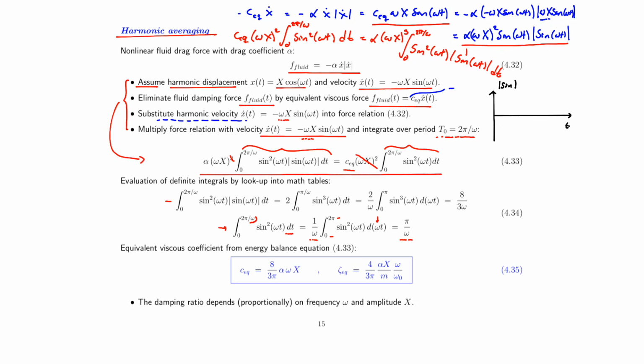But let's just try to plot, as indicated here, a sine function. Or let's plot the absolute value of a sine function. So for the first half period, the absolute value of a sine function is actually equal to the sine function itself. And we want to integrate over a full period. But for the next half, the behavior of the sine function will be the same as for the first half. So therefore, instead of integrating over a full period, you can multiply by 2 and integrate over the first